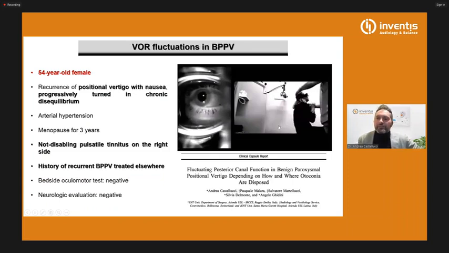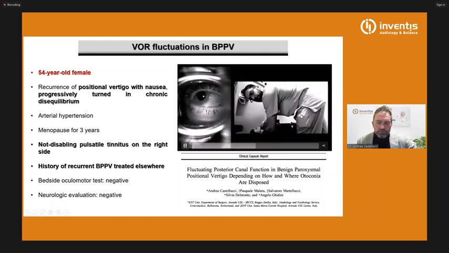We can find some patients with vestibular fluctuation in BPPV depending on the position of the clot, of the position of debris. You can see here a young lady with recurrence of positional vertigo and nausea that progressively turned into chronic vestibular symptoms. She has a history of recurrent BPPV treated elsewhere. She also had a disabling pulsatile tinnitus on the right side. And she showed up with